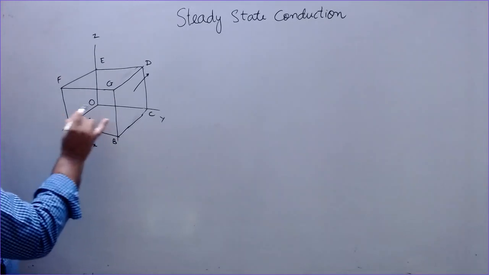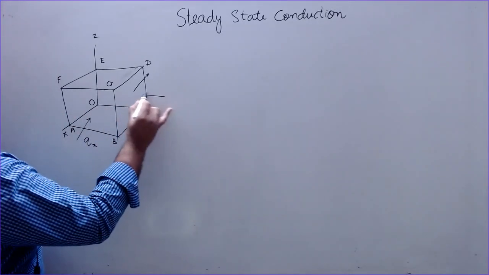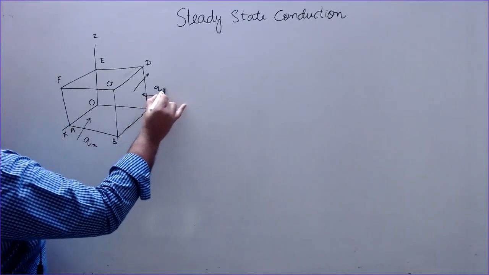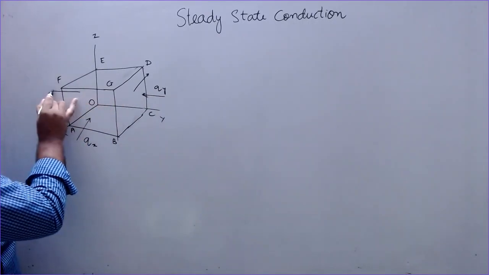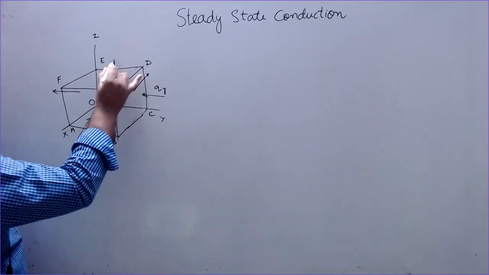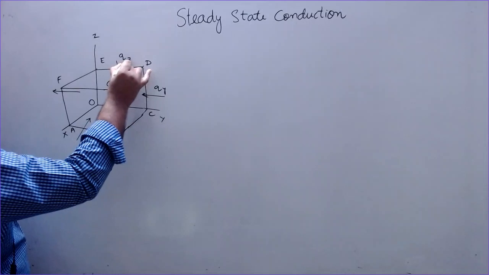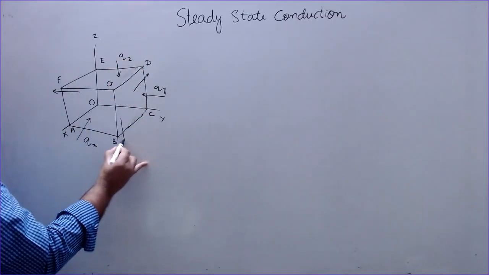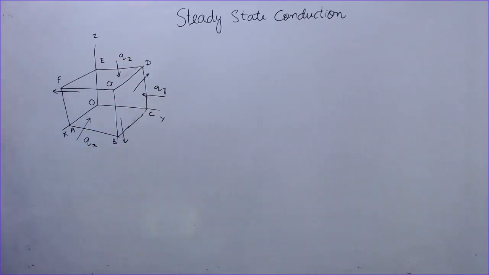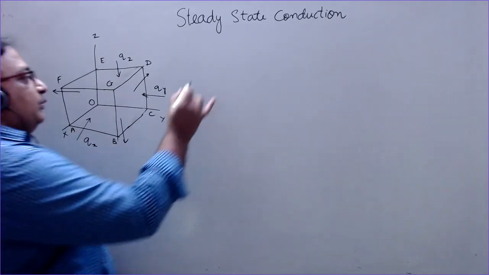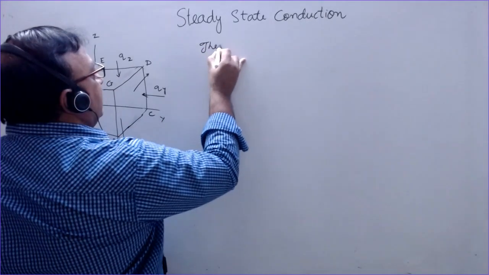And similarly, in y direction it is entering at a rate of qy and leaving along this face, and it is entering at a rate of qz and leaving along this face. So we have to find what is the heat entering into the system and what is the heat leaving at the other face. Suppose thermal conductivity